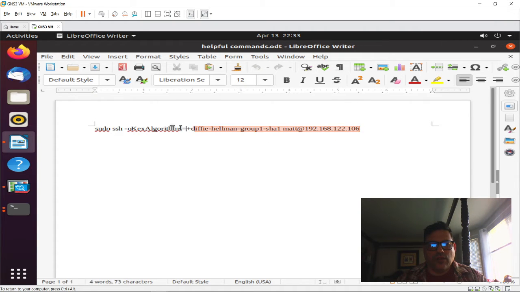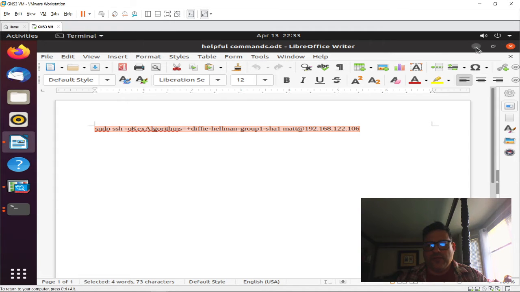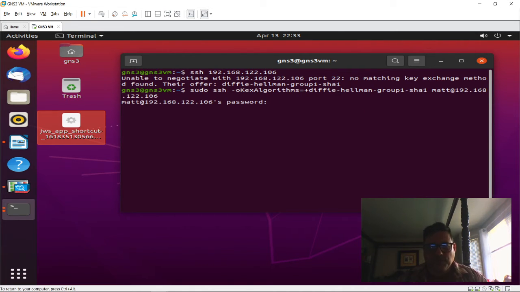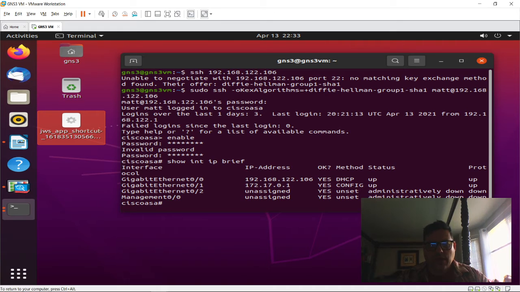Yeah, so what I had to do was basically add the Diffie-Hellman, and then, there we go. So that was part of the problem, was just negotiating. But once I was able to get that connection, from the GNS3 acting as the client back to the ASA,